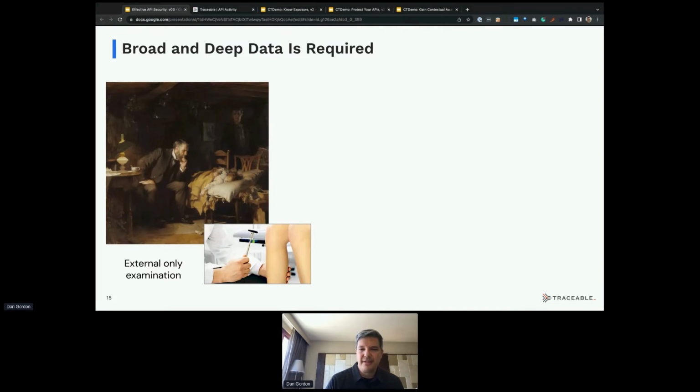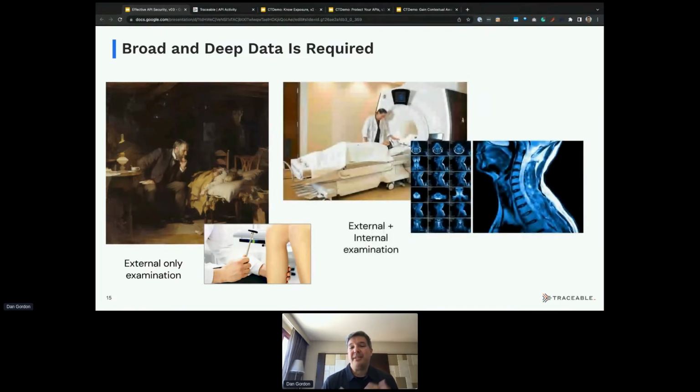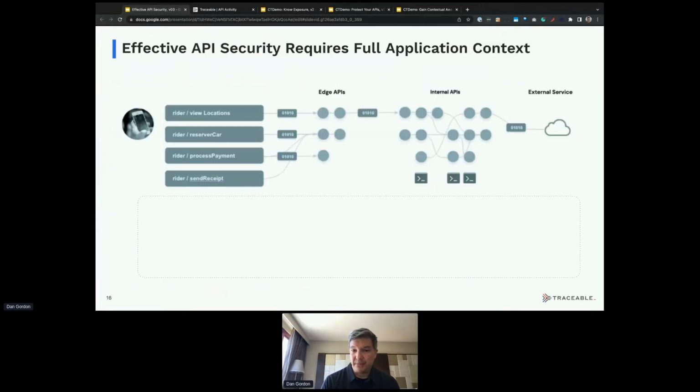Or our more modern day doctor who has a CAT scan and MRI can literally see inside the system as the components and the pieces are moving and interacting and see the problem and understand the problem, or as is often the case, see the problem coming because they can see signs or indicators of those problems that they've learned about. Right? Well, what does this look like from an application standpoint?